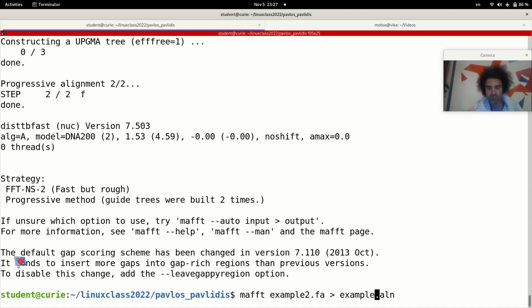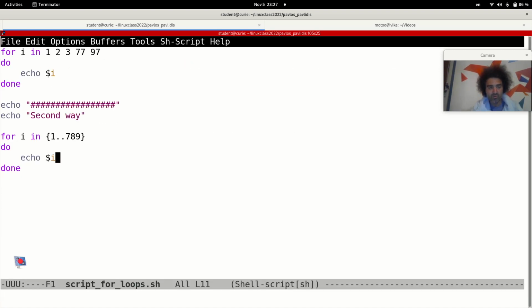I made a mistake also, and so on. If I want to automate things, I will just have to type in